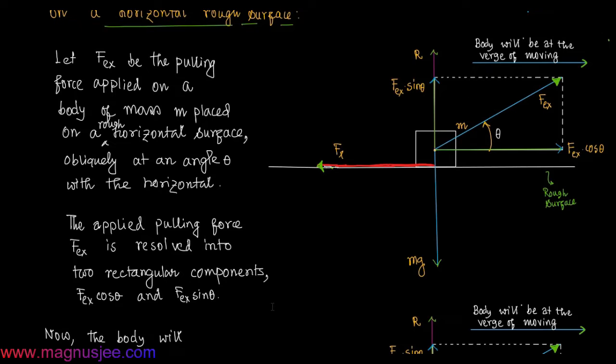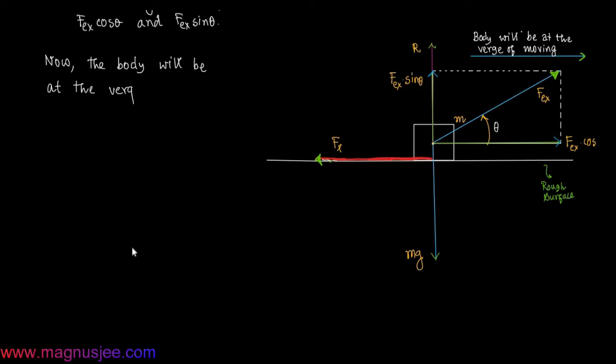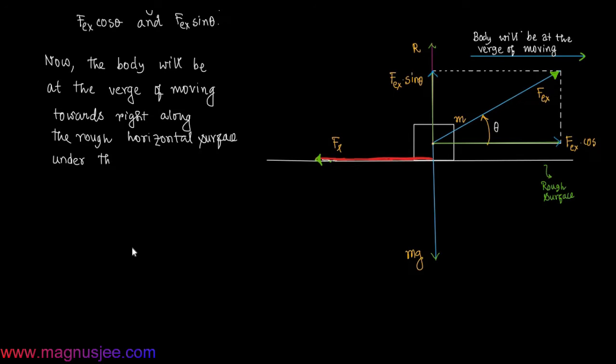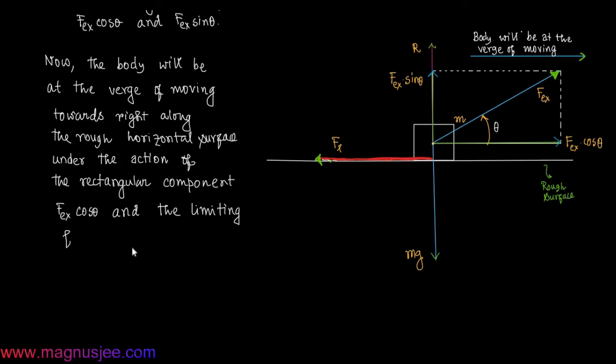Now the body will be at the verge of moving towards right along the rough horizontal surface under the action of the rectangular component Fex cos theta of the pulling force applied obliquely, and the limiting friction Fl will come into play on the surface in contact,